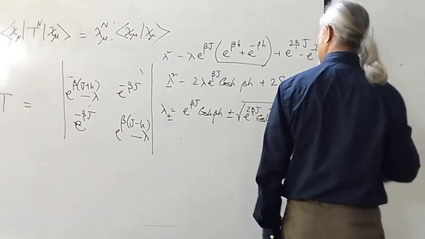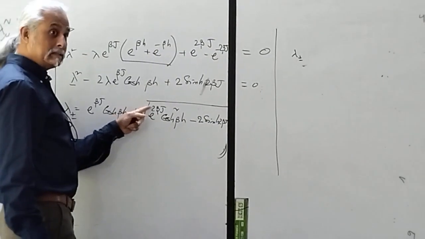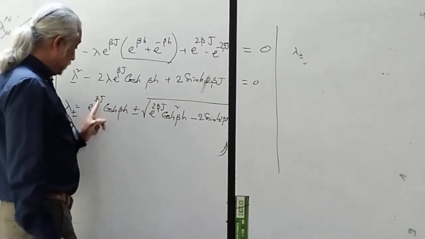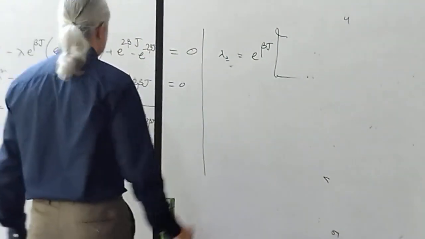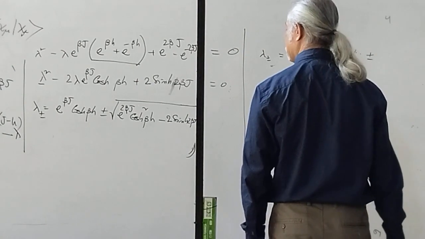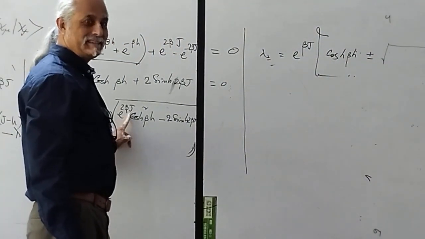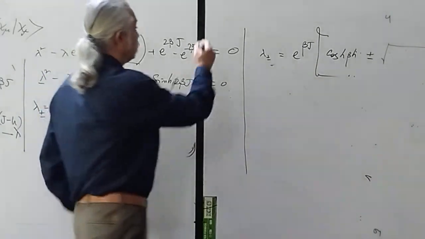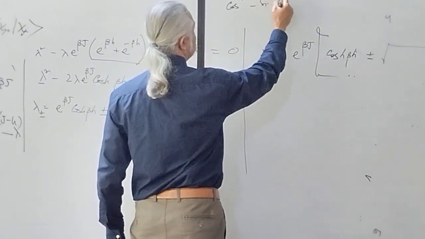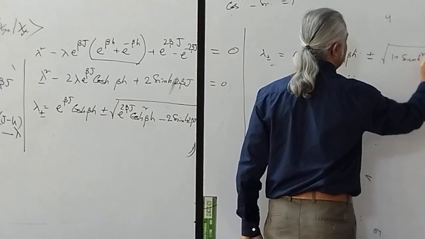তাহলে lambda plus minus, আমি দেখো এখান থেকে e to the power beta j একটা কমন নিব, তাহলে 2 beta j বাইরে আসলে e to the power beta j হবে। এখানে e to the power beta j আছে, এখানে e to the power beta j আছে, আমি e to the power beta j কমন নিব, cosh beta h plus minus square root of cosh square এটা তো কমন নিয়ে নিছি, রাইট তাহলে cosh square beta h সমান হলো cosh square minus sinh square equal to 1, এটা সমান হবে 1 plus sinh square beta h।